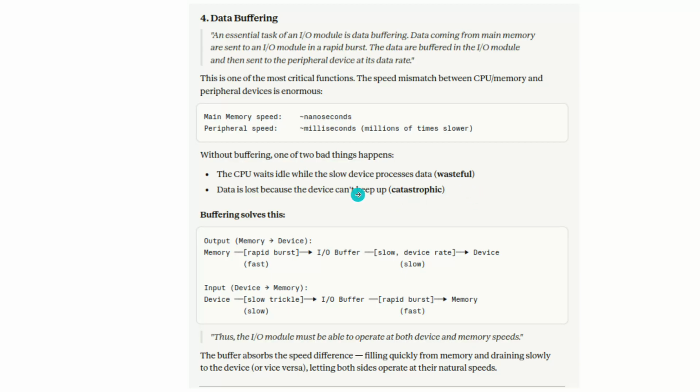catastrophic problem. So if there is no data buffering, the CPU must wait idly, because our devices are very slow in processing data. And the second thing is that the device is not able to catch up with the speed of the processor, so our data may get lost. That problem is known as catastrophic. So buffering solves this problem. What happens is that the